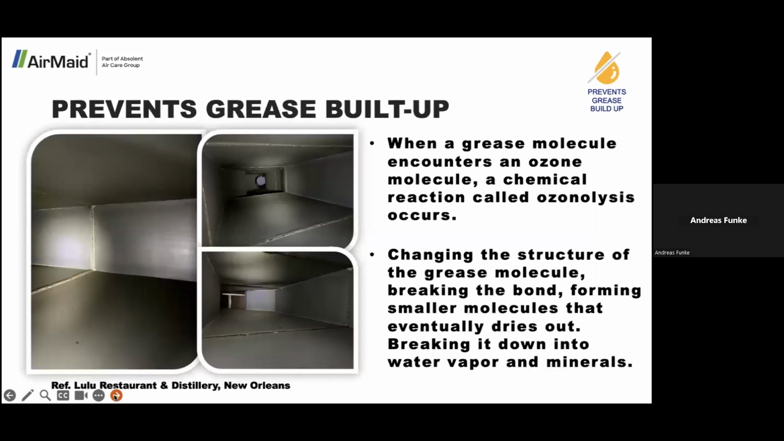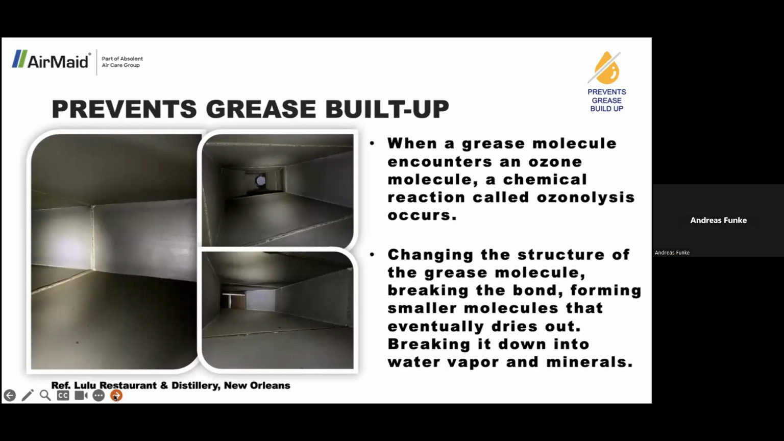Apart from odor control, AirMaid even prevents grease buildup. This is due to the so-called ozonolysis, which occurs here. When a grease molecule encounters an ozone molecule, there is a chemical reaction called ozonolysis. This is a process where ozone reacts with a carbon-carbon double or carbon-carbon triple bond, breaking the bond,